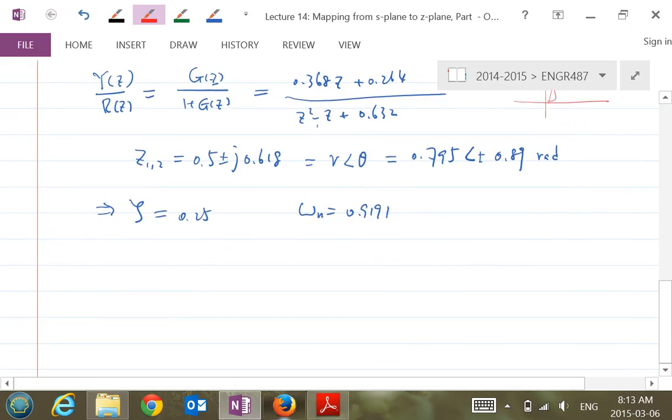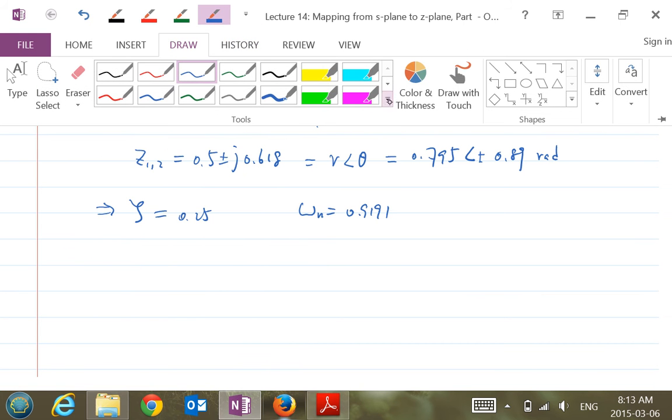Good. So you can try. I have a simulation code in the lecture notes. You can try it by changing different sampling times, and observe the response of the system. So now let's look at